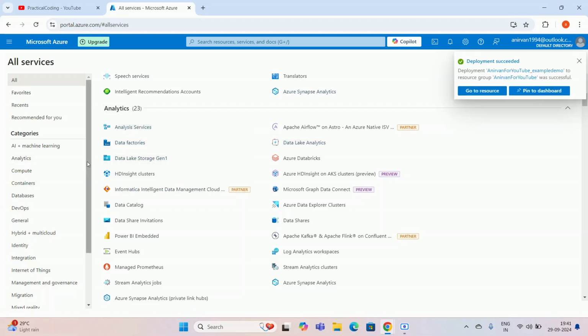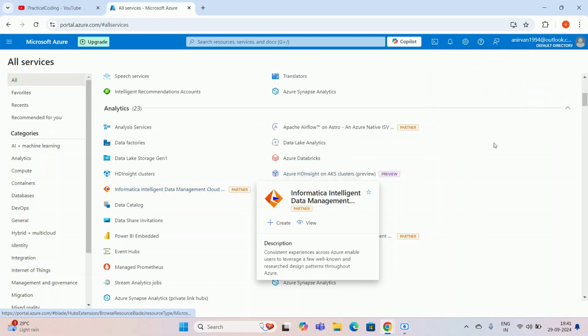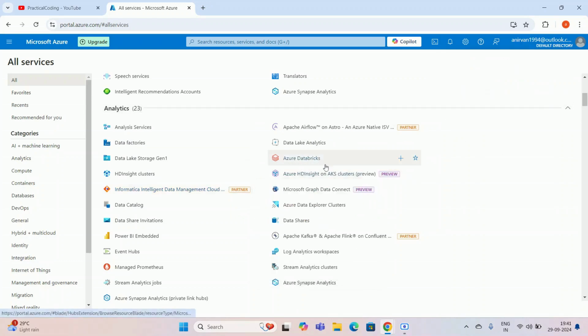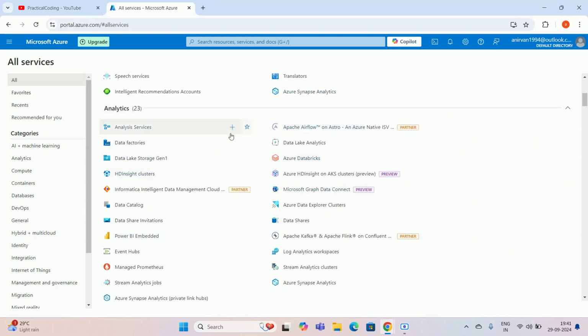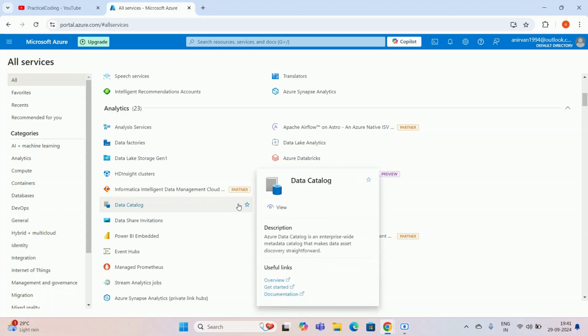Suppose you have a database, and from the database you consume data into your data lake, and from the data lake you take your data to your Azure Databricks, and from there you do some visualization. All these processes come under the analytics process, and that comes under analytics resources. That is basically a data pipeline. Data visualization, data consumption, data lake, data warehouse, everything comes under these analytics services. All those details I'm not covering in this video. I have shown you how you can create an analytics resource in Azure.